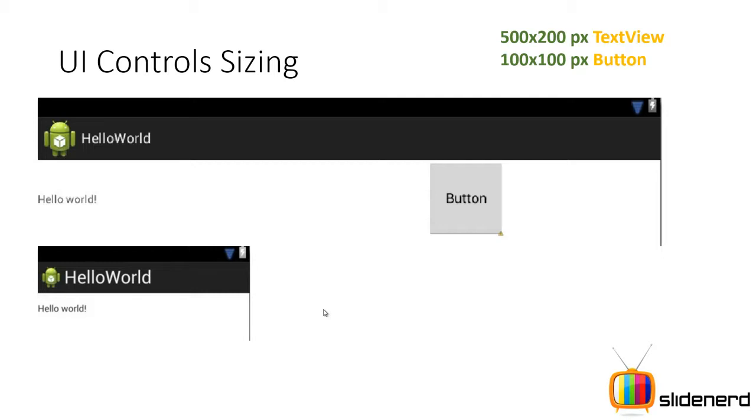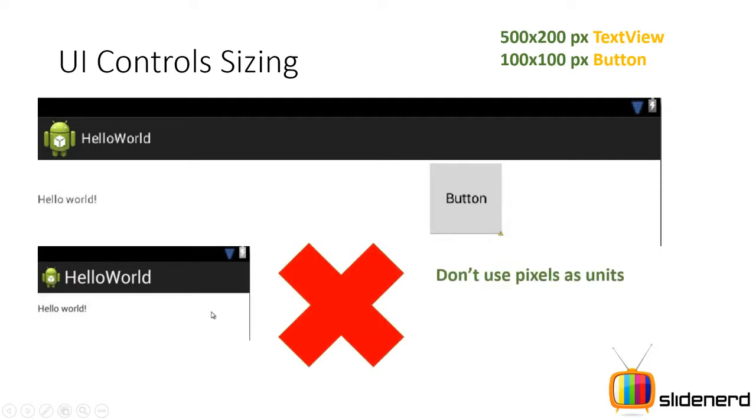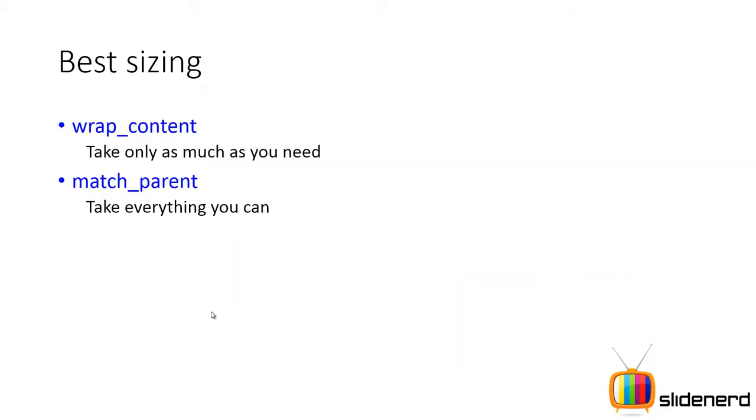There is no button in the second one. And that is because the mobile screen in the second case is very small. 500 into 200 for a text view is going to take all the space. So what is not recommended is that you give sizes for your controls or views in pixels. But then you will ask me the question, then how should I size them? How do I measure them? How do I give them a size? Pretty simple. There are two standard units for giving sizes in Android. They are the best ways.